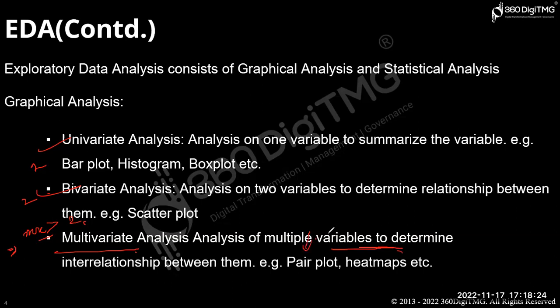All the variables, whatever you have, you can use all at once and find out the correlation among those.